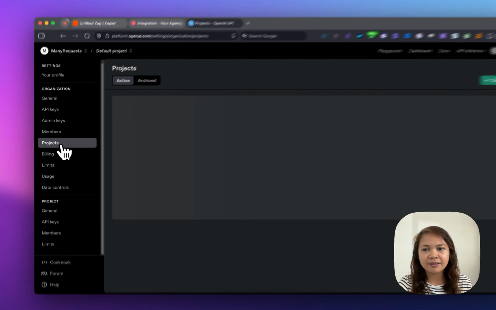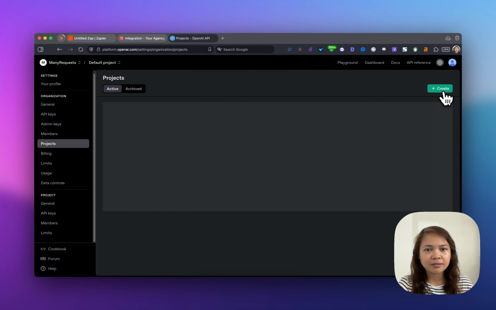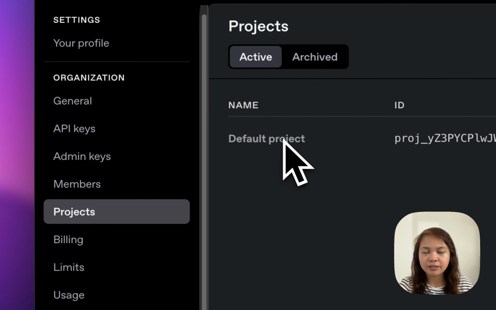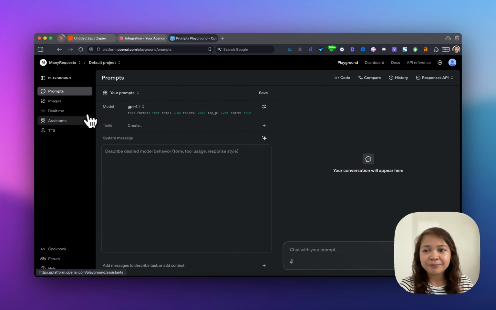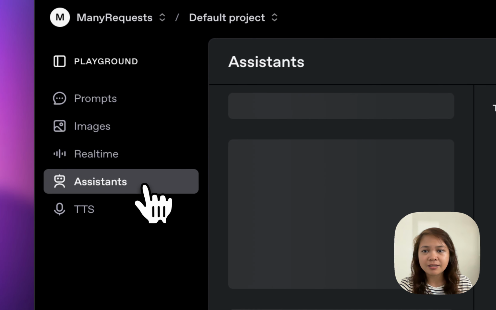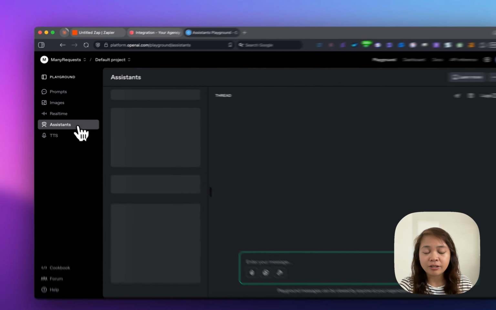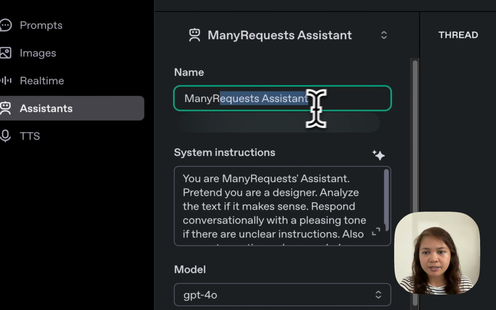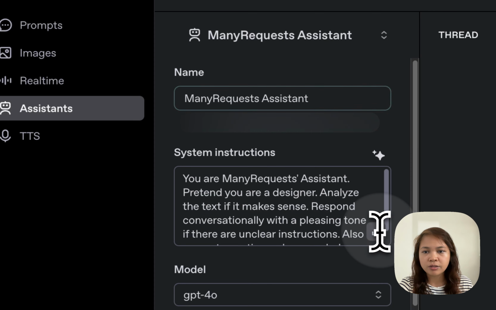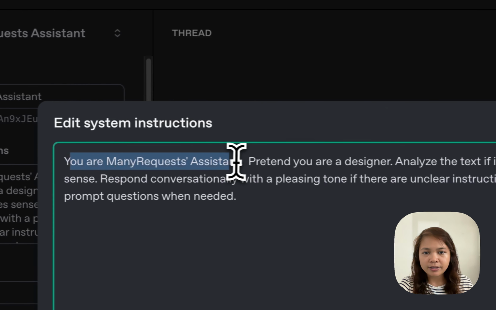And then under projects, we'll open our projects. So we click on default project here, which is the project that we created for this prompt. So we go down here to assistants and we can create our own assistant. So we named it ManyRequests Assistant, and we have a system instruction which says, you are ManyRequests Assistant, pretend you